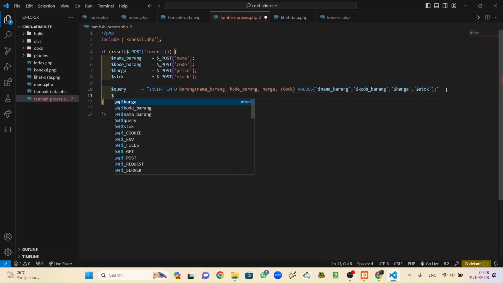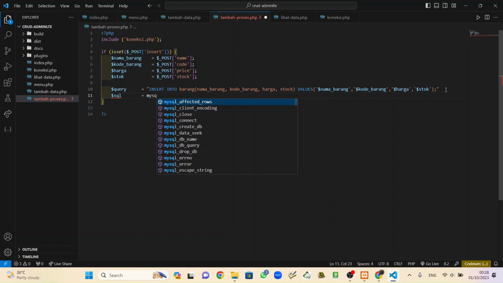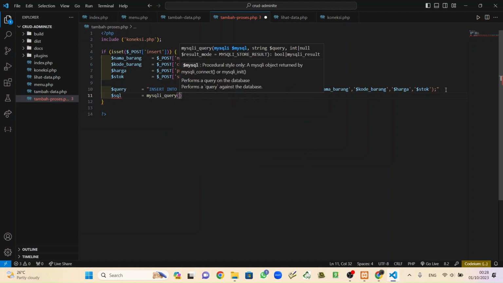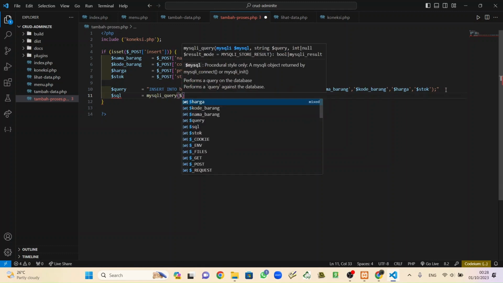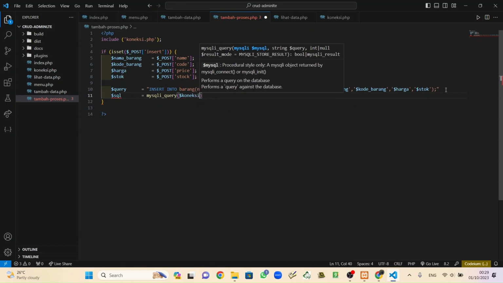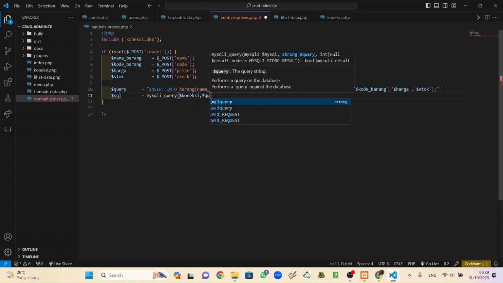And the second is SQL. So we save a function mysqli query, and take from the connection and also the query.